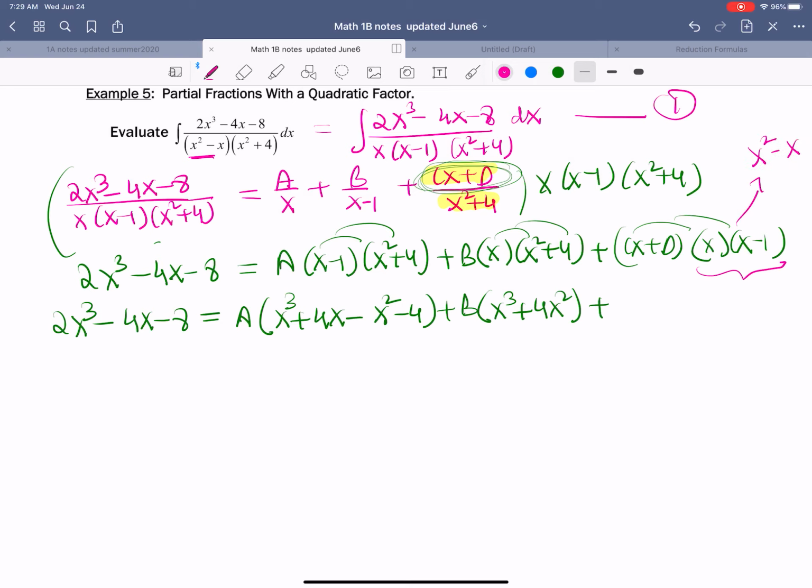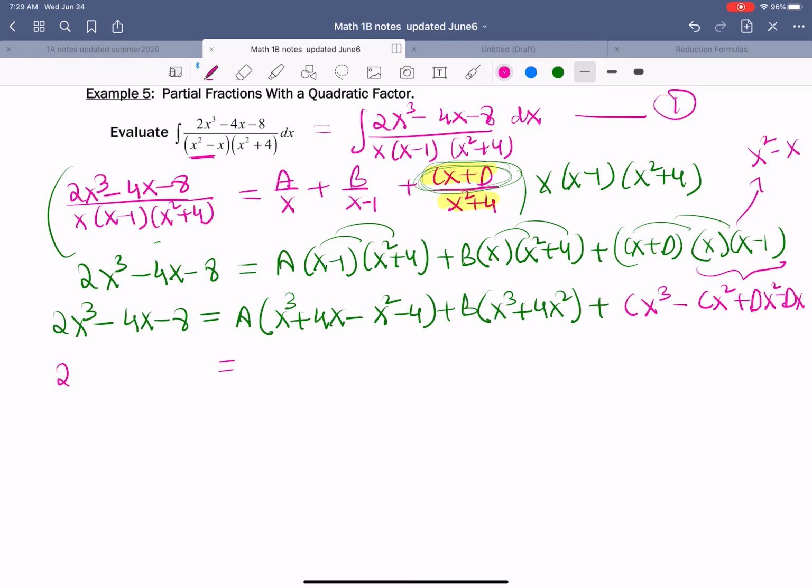So cx times x squared would be cx to the third minus cx squared plus dx squared minus dx. Okay, I'll write it. If I combine, distribute a, and get all the terms together for a, b, and c,